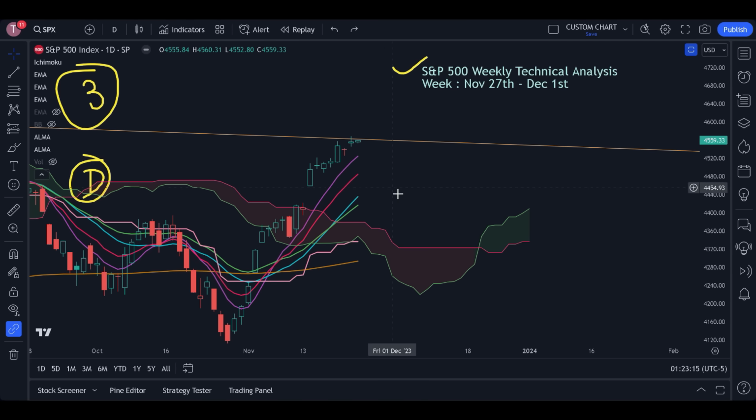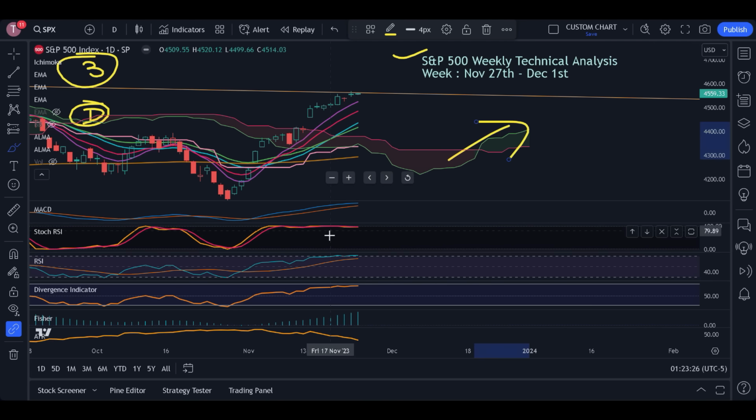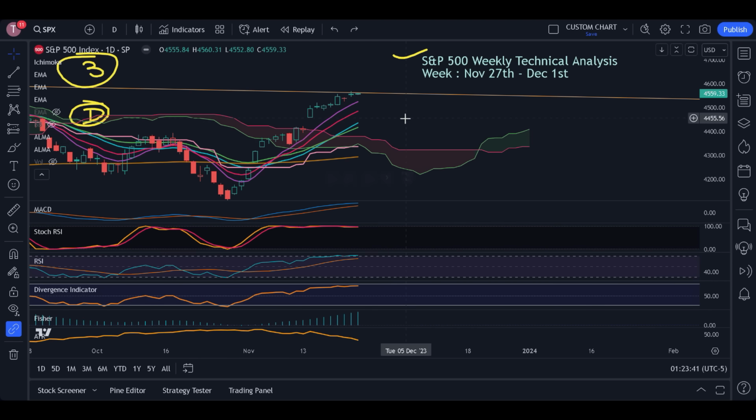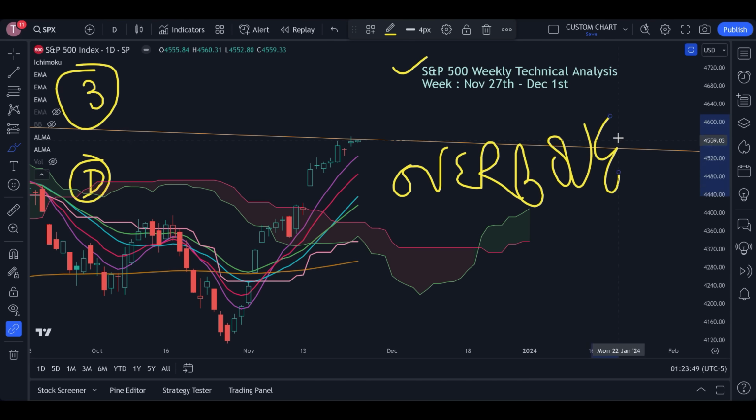Anyways, let me tell you through the technicals. Through the technicals, everything is good, bullish, and here also everything is bullish. The only problem is saturation. Before that, the stochastic RSI was saturated. It is still saturated, and now the RSI is also saturated. For those who do not understand saturation, you can think of it as an overbought condition. So as of now, the entire US stock market is in the overbought condition.